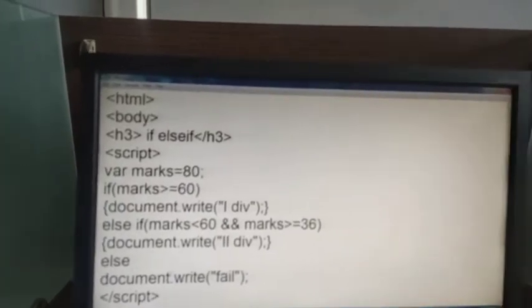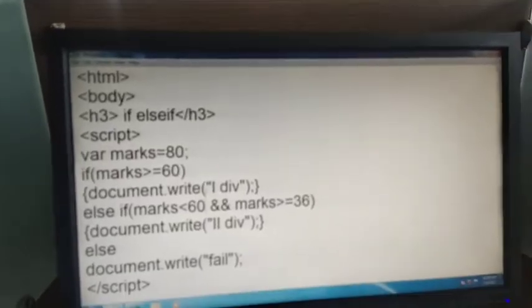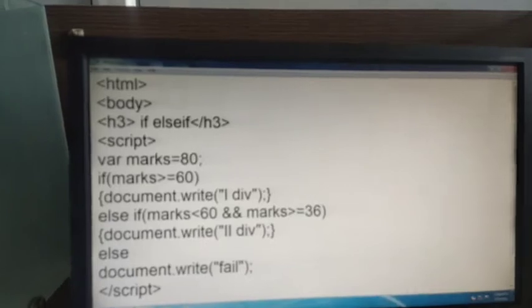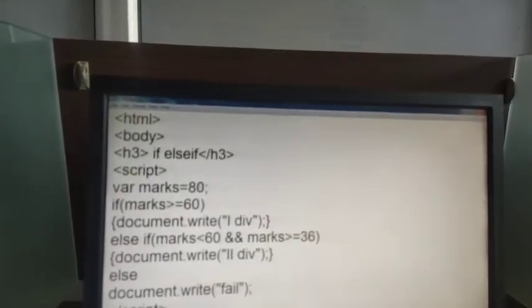Control plus S, because I have made changes in the same file, then the same file is there on the screen. Look at the output. First division. Why is first division coming? Because the value of marks is 80, which is greater than 60. That's why it's first division. Suppose I want to make changes. Now I am making a change.